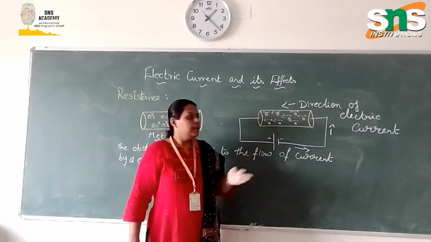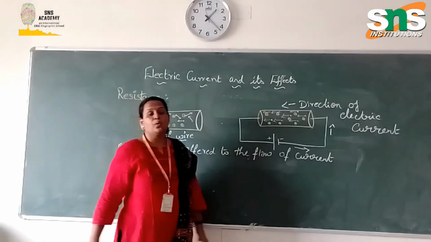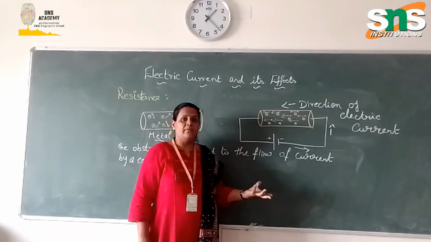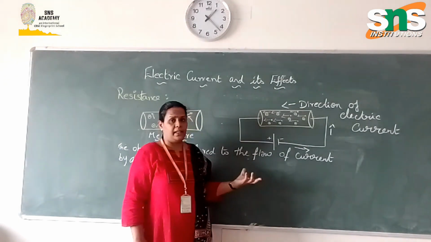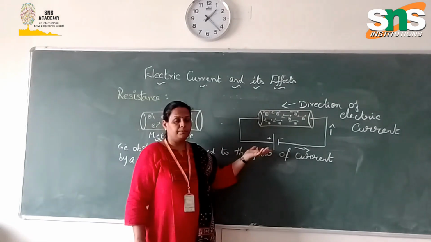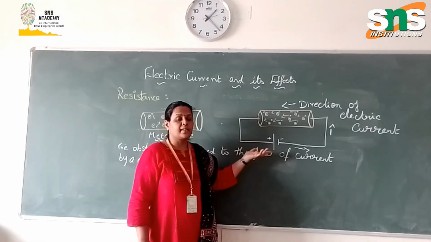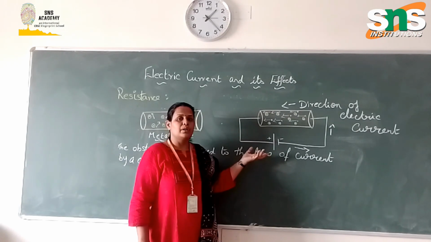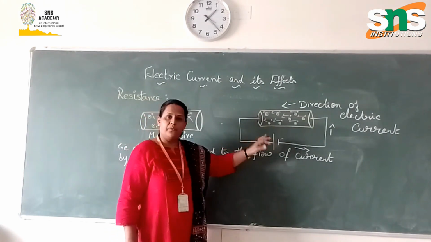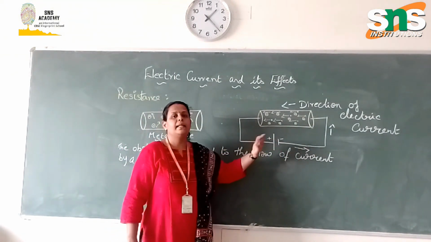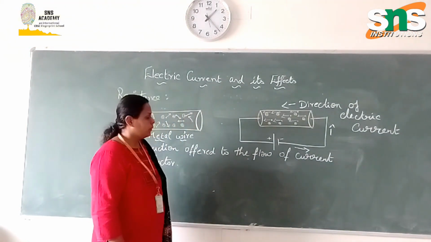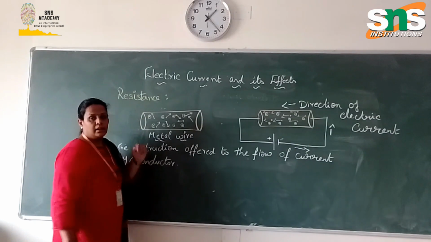That is why the resistors we use in electric heaters, room heaters, sandwich makers, geysers, everything contain a wire made of tungsten. Okay, because tungsten has a high melting point compared to aluminium and silver. So even though electrons are drifting towards the positive terminal and causing the heating effect, nothing will happen to the wire. Okay. So the definition